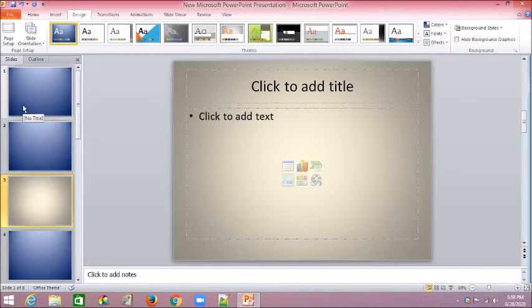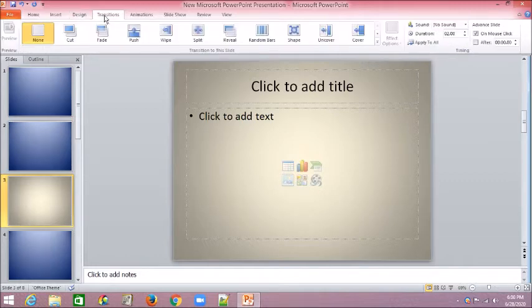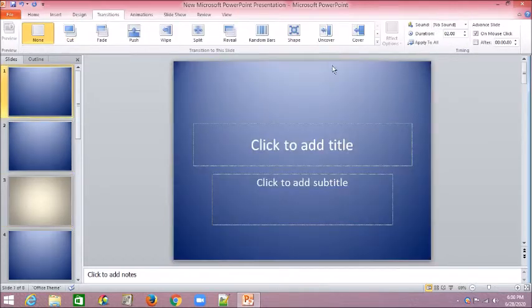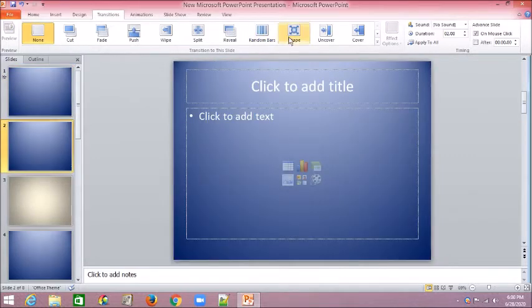Next is how to use transitions in MS PowerPoint. For this, we have the transitions tab directly in the ribbon, and we'll click on this. For each slide we can set a different transition, meaning how we want our slide to appear in the slideshow. See, we'll select this random bars, and for the second one we'll take this,